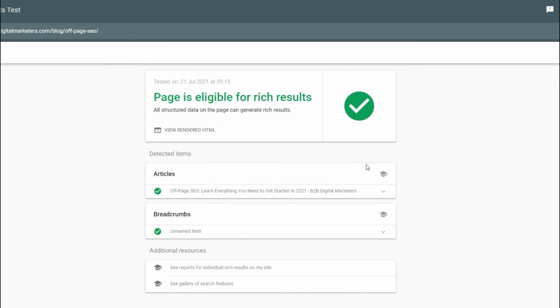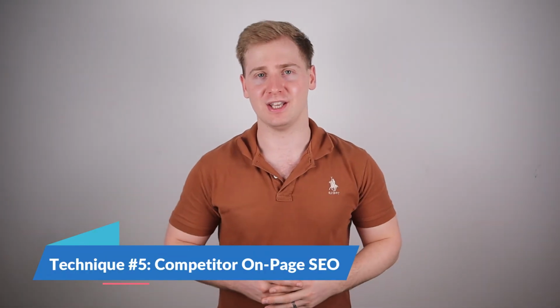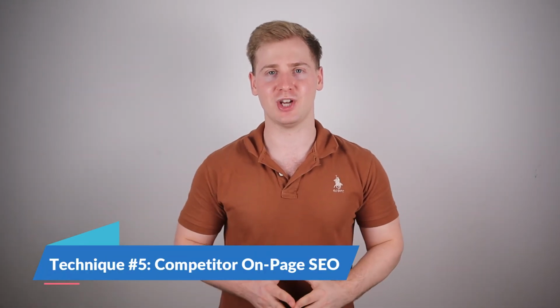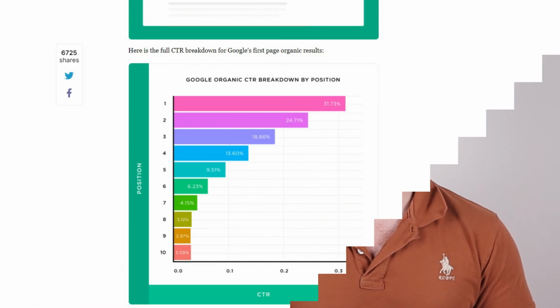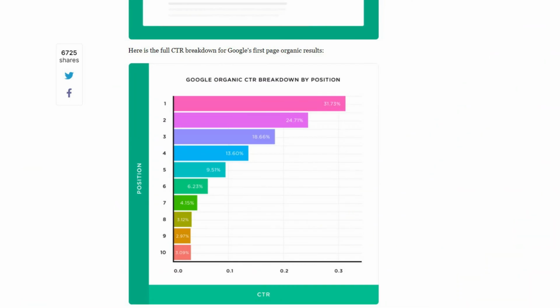And the last on-page SEO technique I want to mention in this SEO checklist is to analyze your competitors' on-page SEO. Nowadays, if you want to rank for more competitive keywords, you need to go above and beyond, and every little improvement on your web page can mean outranking your competitors, which can mean a huge difference in organic traffic. A study by Backlinko on organic click-through rate shows the position number 1 on Google gets on average